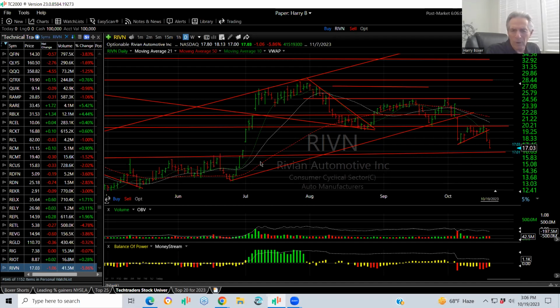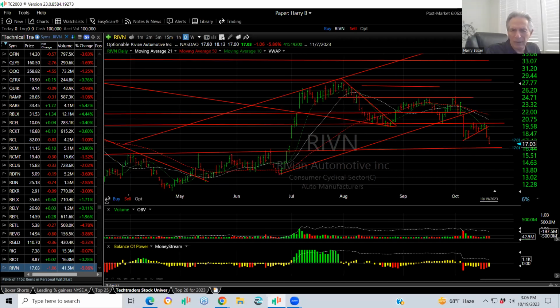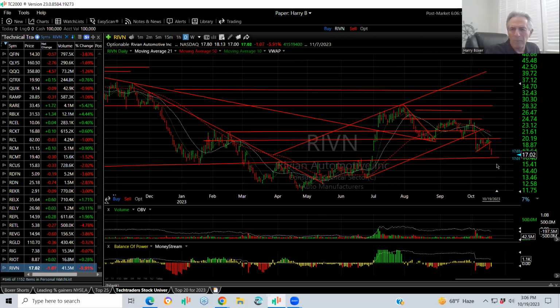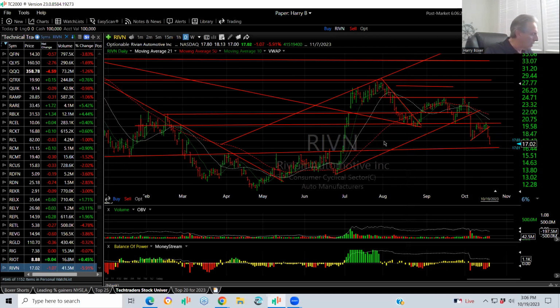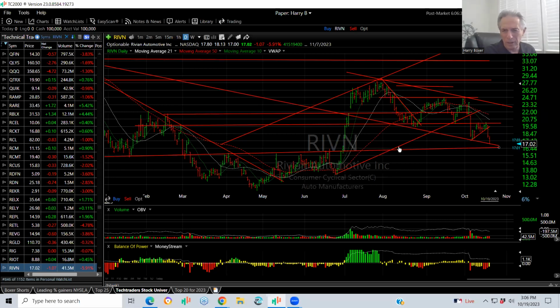There is some support where this broke out of the base down here. Let's call it 16, in that range, give or take a quarter. So if it plunges through 16, it might very well be down in the 14 range. But it's a very negative looking current chart pattern, and I wouldn't want to pick a bottom. Look, the biggest mistake people make is they think something's cheap because it's down hard. That doesn't mean it can't get cheaper. Stocks will always go further than you think they're going to go.